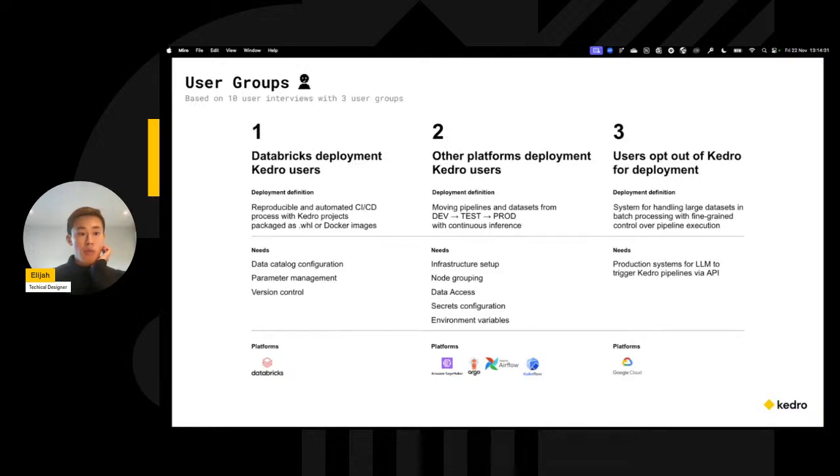So how do we make sure that we can select the right user groups, but also capture a diversity of opinions? One thing that we have observed from the survey of this deployment, after we've collected it back, is that we notice a lot of people are using Databricks for the deployment